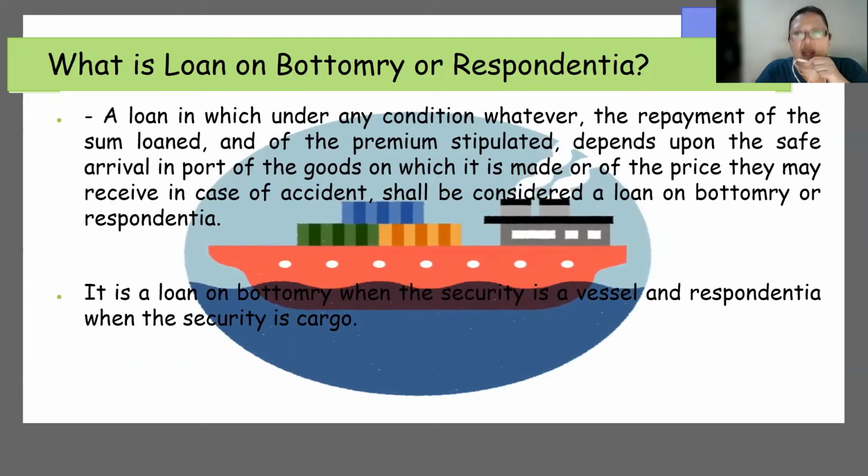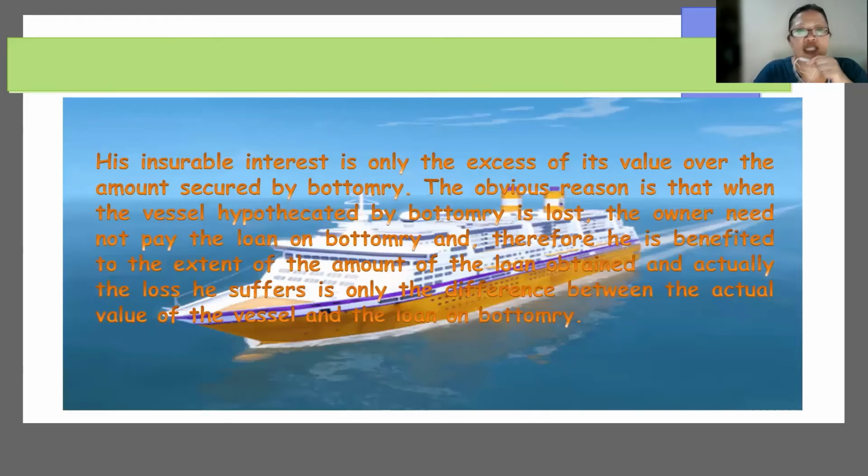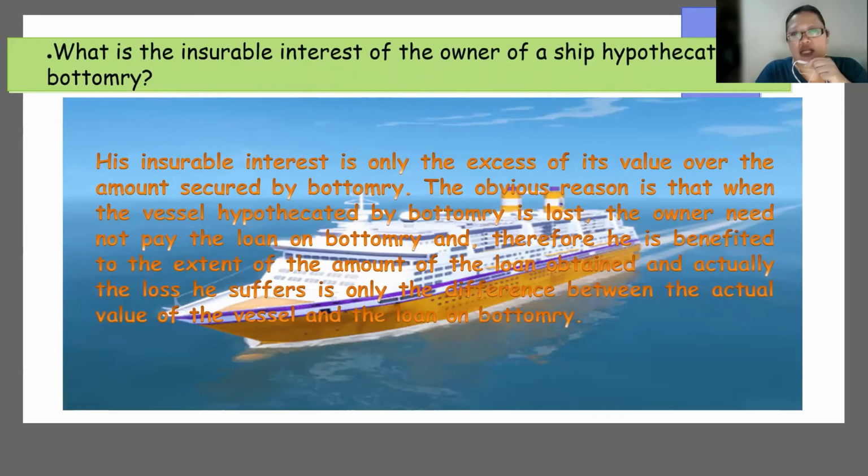This is also a loan on bottomry when the security is a vessel, and respondentia when the security is a cargo. So the difference is that a loan on bottomry is more on the vessel itself, and respondentia is more on the cargo itself. So what is the insurable interest of the owner of the ship